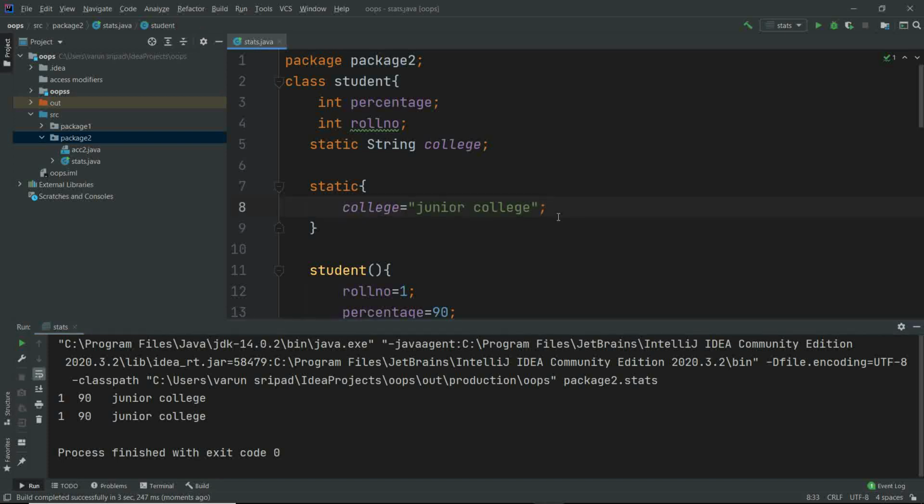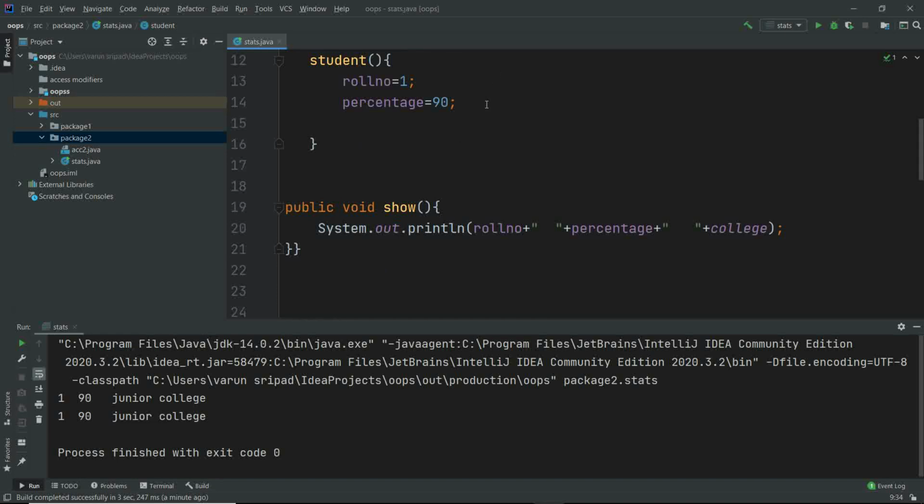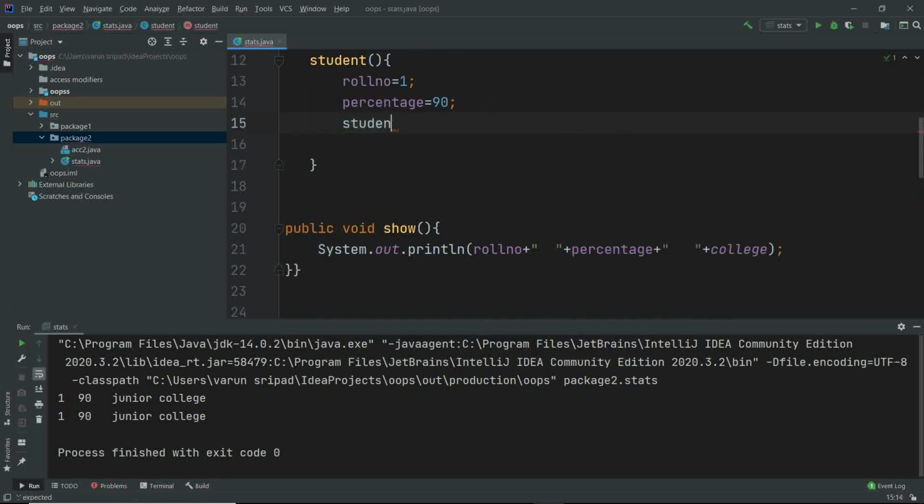Now you might get a doubt. How do we know that this is only getting executed once? We don't know, right? It might even execute twice. So what is the proof that it is only executing once? For that, here I'll write static, and inside this particular constructor also, let's print something out. Let's say constructor. Now if I run this